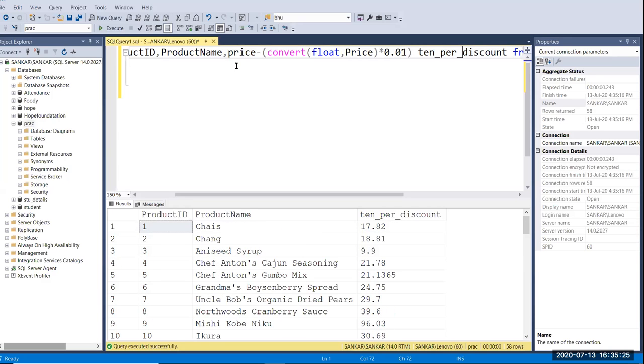You can give it here also; the AS keyword is not compulsory. Just give a white space, and after that you can pass your name, right? Instead of product name, I just pass products as an alias name. Now I'm going to run this, and you can see the product name is changed into products.